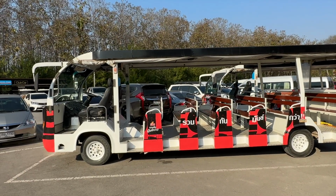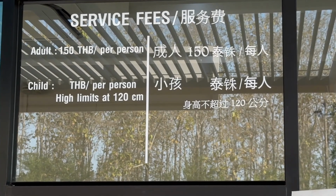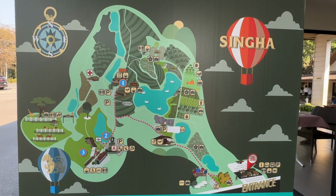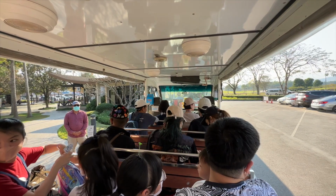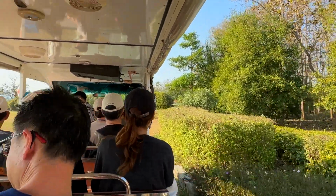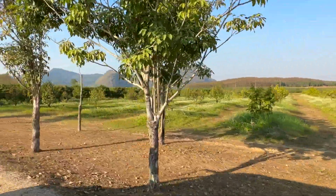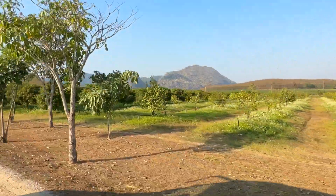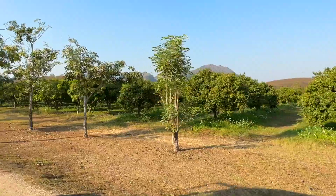So what you need to do is you need to go up to the window and buy a ticket to one of the buses that takes you on the tour. Anyway, the tour lasts about an hour and 15 minutes and goes through some of the most beautiful areas of this land. This property is just amazing. It has rolling mountains, rolling hills. It was a beautiful cloudless day, so it was crystal clear, and there's so much to see just in beauty,